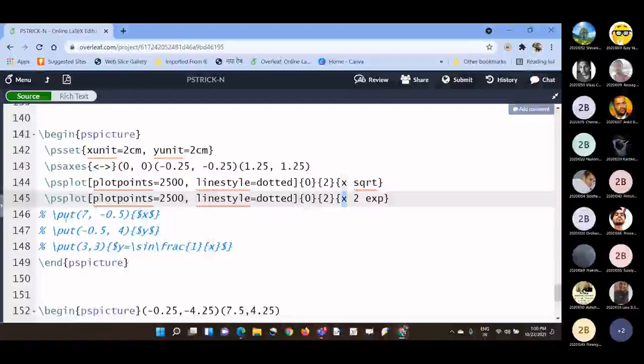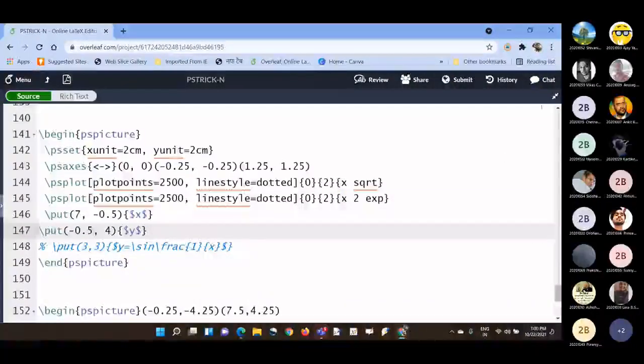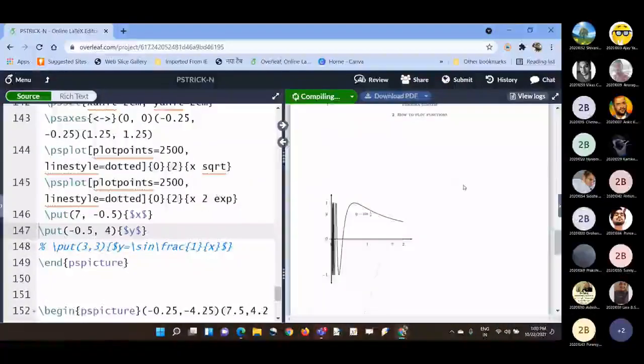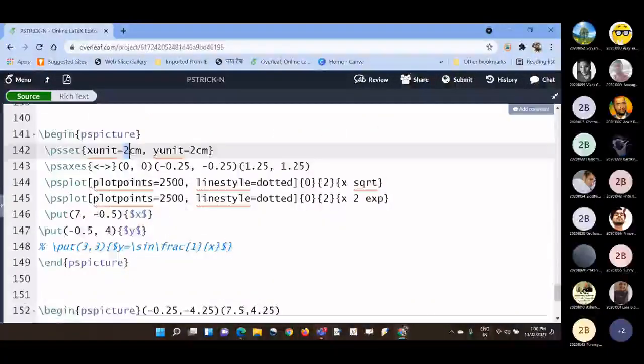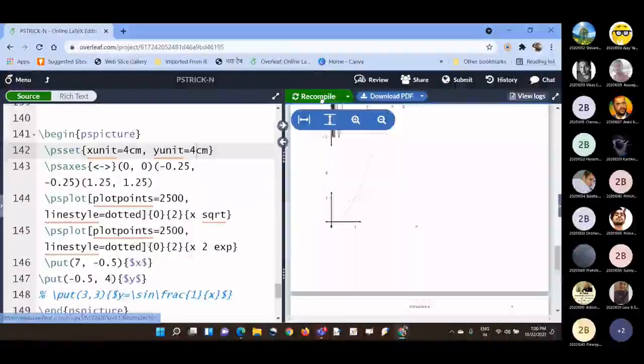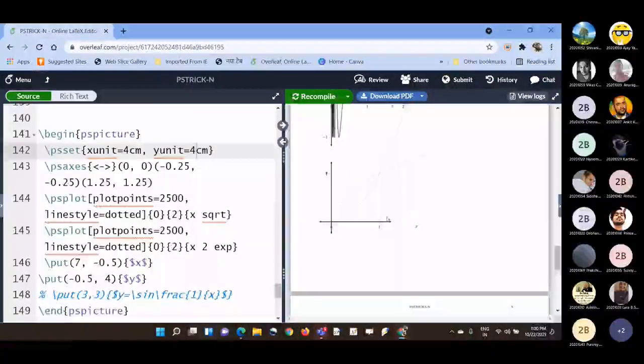You can also write where you want to keep x, where you want to keep y. You can place them, but you need to be careful with this. You can see that they are coming far away from the desired location. So you can keep them somewhere here. If you want to enhance this one, suppose you want 4 times the default one, you can see it has enlarged.